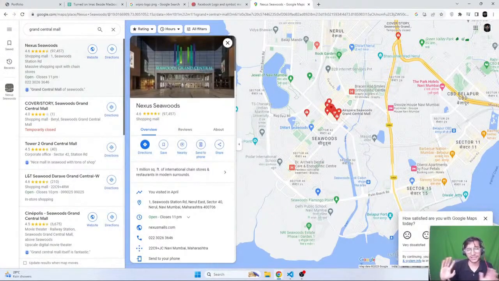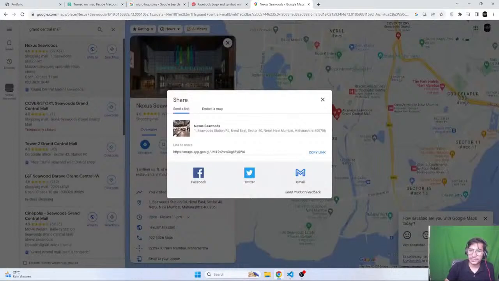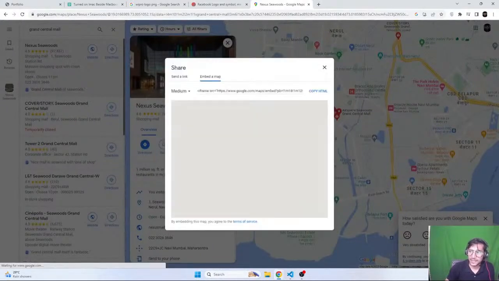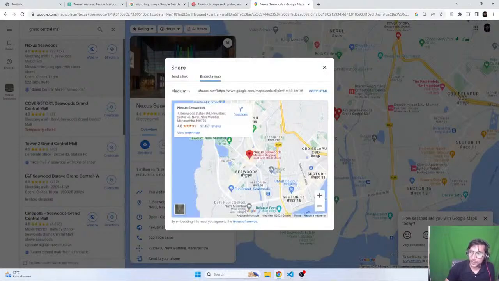So guys, now search for any location and click on share. When you click on share, you get two options: send a link and embed a map. Click on embed a map, and here you get an iframe tag. Copy that HTML iframe